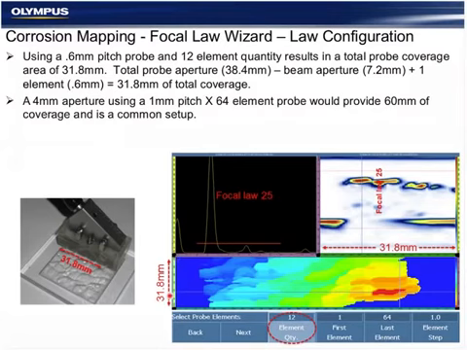And the lines of data on this axis are created by the probe movement over the component, either with a clock inspection or an encoder. The S-scan display represents focal law 1 here at this edge, and focal law last here, 64. So at any given time, we have a window of about 31 millimeters directly under the probe where we're seeing